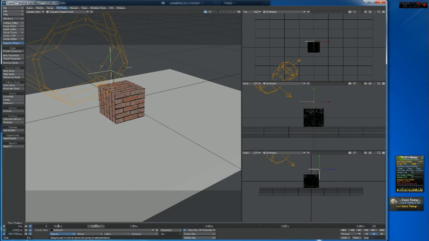So I'm going to do this. I don't know what's going on right now. It's kind of glitching out on me. I've never had this type of issue before. There we go. That's more like it. And what we do is we go roughly halfway, and we're going to actually arc it. So what happens is it's not going to hit it